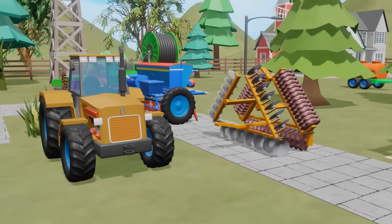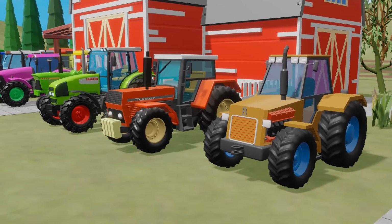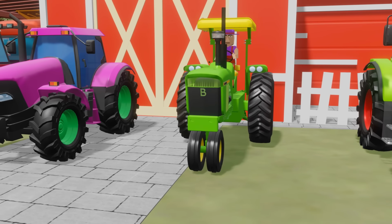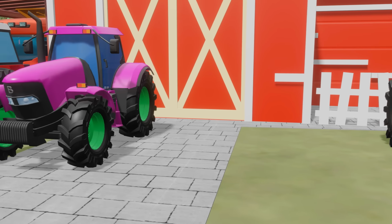Starts with a morning on the farm, where a green tractor begins work. Each vehicle moves smoothly, and the animation emphasizes their maneuverability. The colors are vivid, and the surroundings are full of